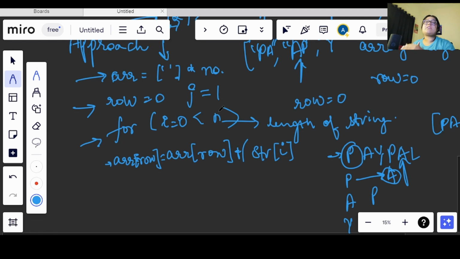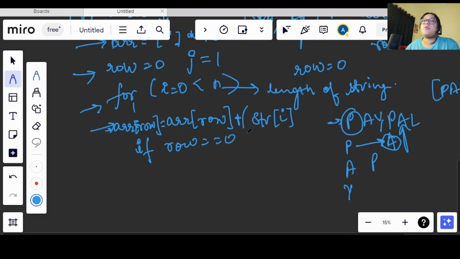Why am I saying this? Because now I have already inserted the value on the 0th index. So this row needs to be incremented by 1, and right now our row is equal to 0. So I will check this condition: if row is equal to 0, then I will increment the value. So j will be incremented by 1, plus 1, so this will be 1.